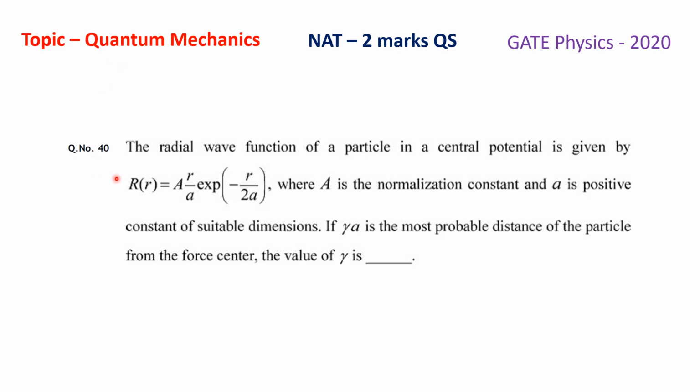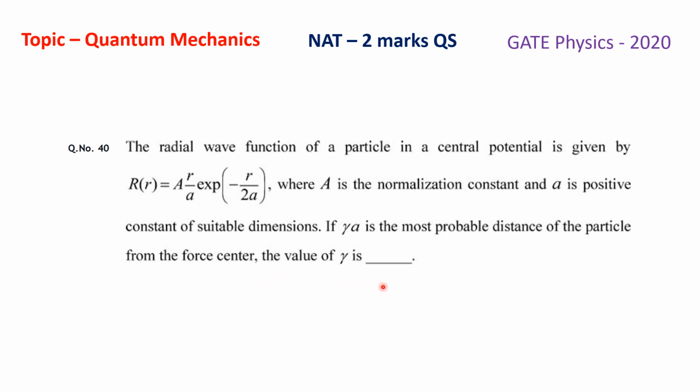The question is: the radial wave function of a particle in a central potential is given by R(r) = A r/a exp(-r/2a), where A is the normalization constant and a is a positive constant of suitable dimensions. If γa is the most probable distance of the particle from the force center, the value of γ is,